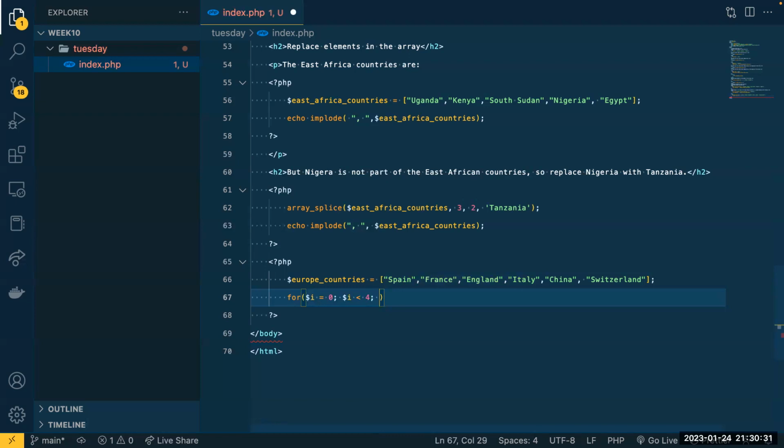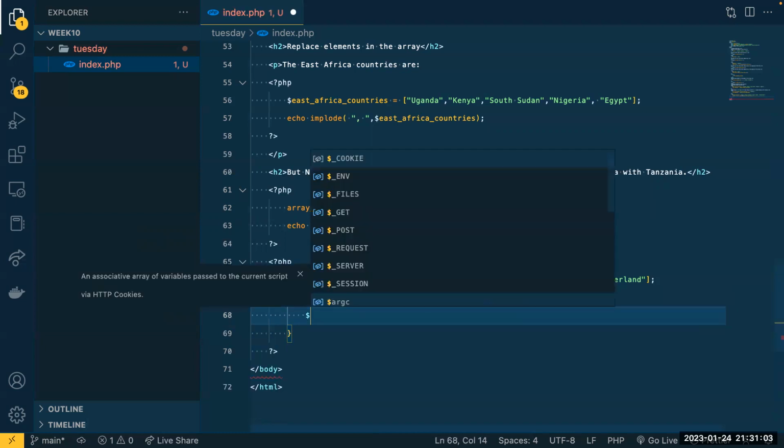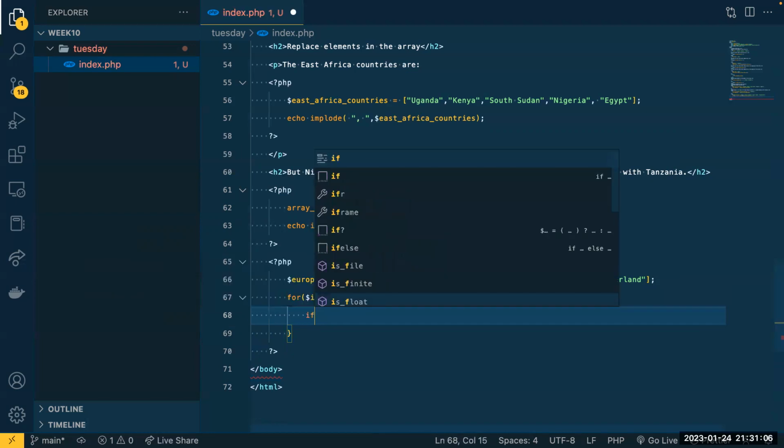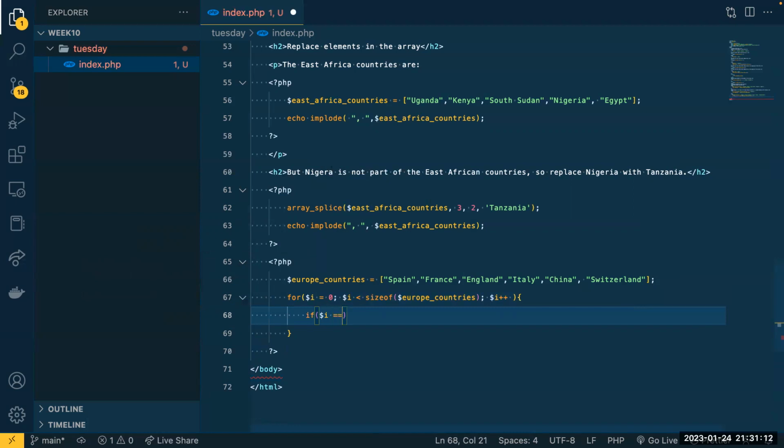But if we do less than 4, it might not help. But we can say the full count, the full size of the array. So this time, instead of using count, we are using size of, but you can feel free to use count of Europe countries. Then we can say I plus plus. Then here we can say, if the I is less than or equal to 4,